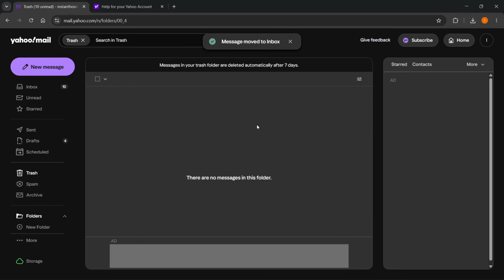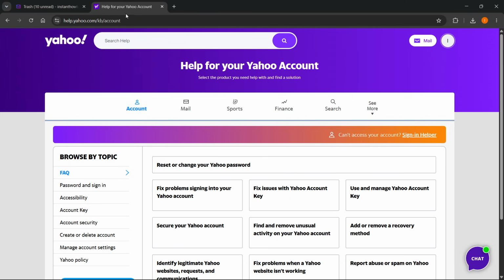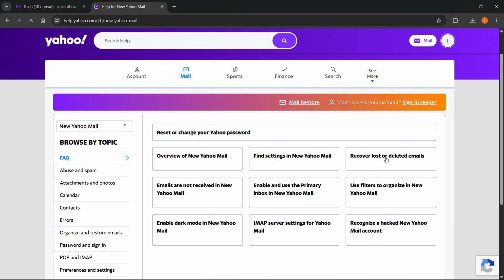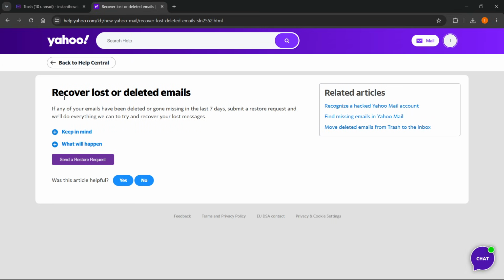send a restore request, which you have to do within 7 days of deleting your mails. So you want to go to the official Yahoo help. Go to help.yahoo.com and sign into your account. From here, up top, you want to go to mail, and then inside mail, click on recover lost or deleted emails. When you go in here, you'll see it says recover lost or deleted emails,